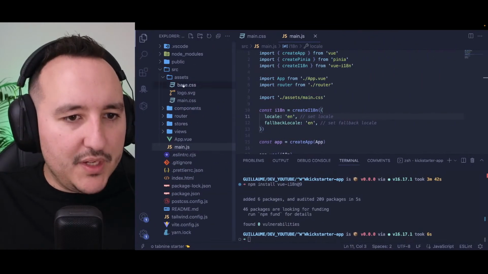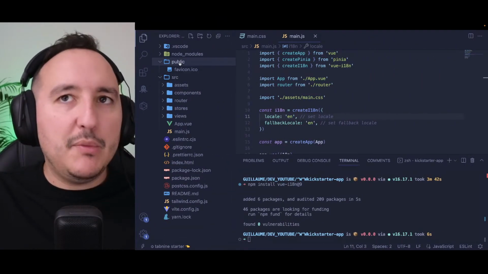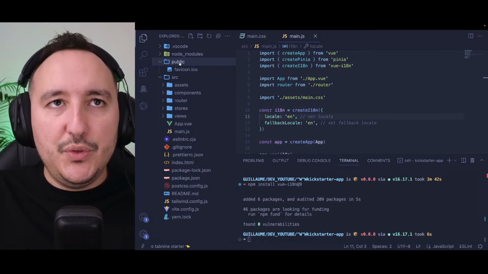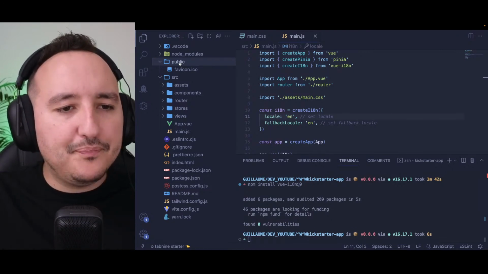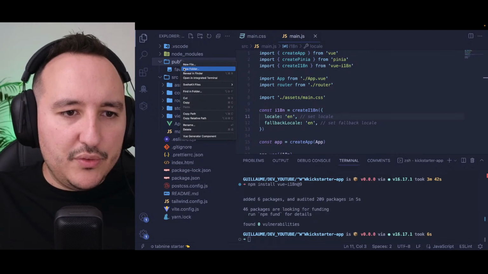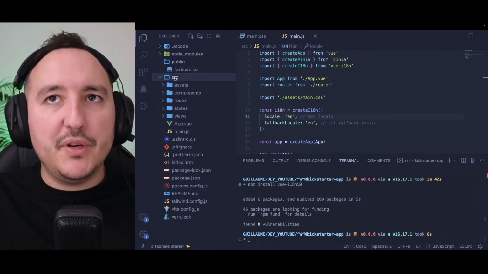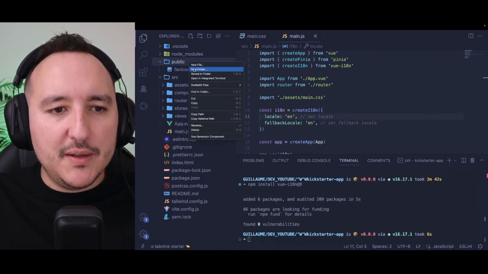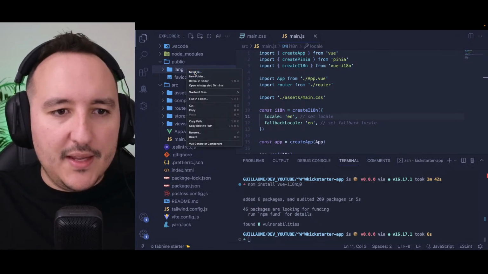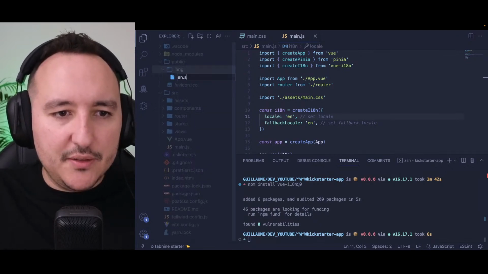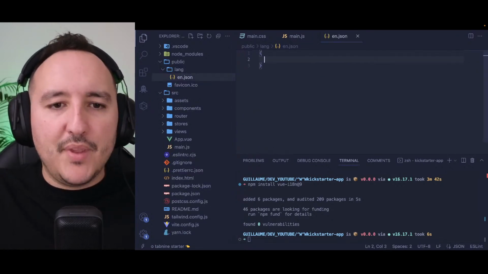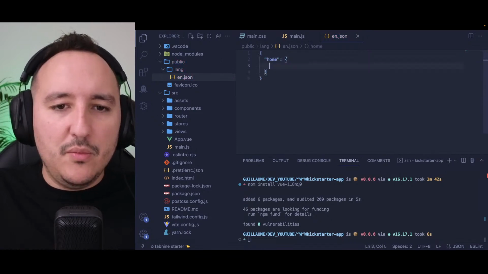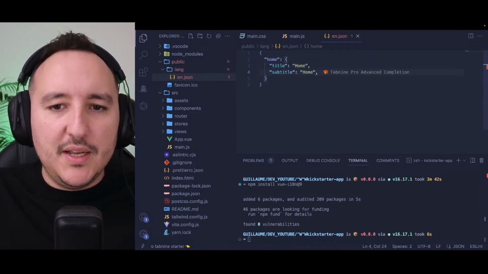So what I have to do is to create a, well, actually normally we can make it in public, but what I want to do is, okay, normally I would put the lang folder into the source folder, but sometimes you can put it also in public. So I'm going to put lang there, and there will be an english.json. Okay, and there will be home actually, and in home there will be a title,